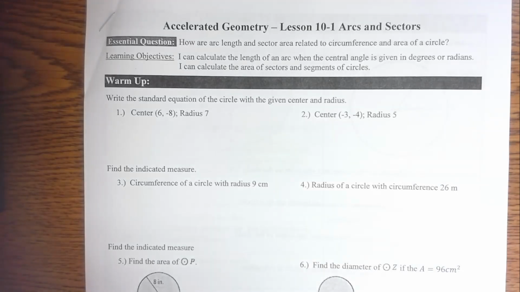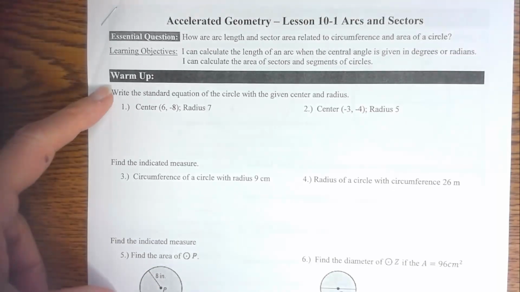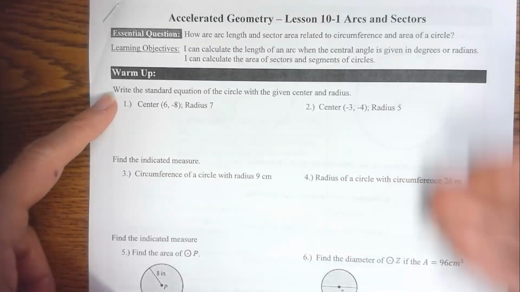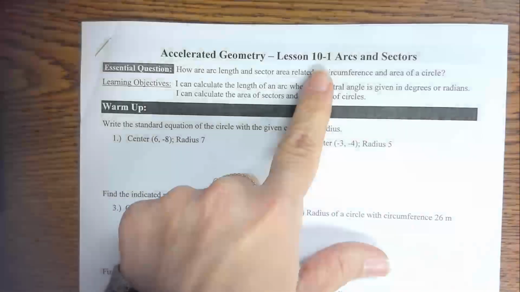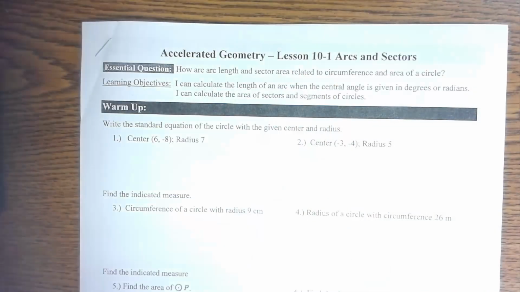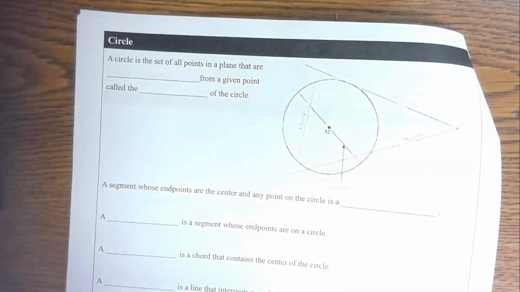So let's do that. 10.1, we're talking about arcs and sectors. This is a warm-up of the circles that we did yesterday, so we just skip it. We can work on it in class tomorrow. And I'm going to skip the explore and reason. And then, again, I'm in 10.1, arcs and sectors. I'm going to flip, and we will start here by identifying different parts of a circle,